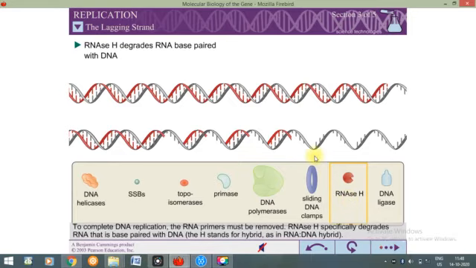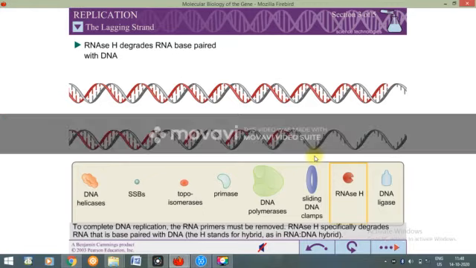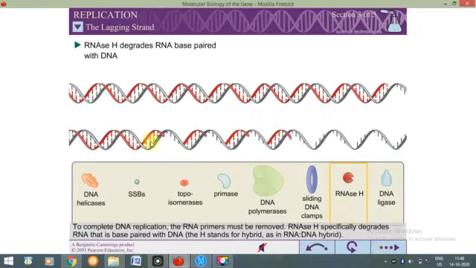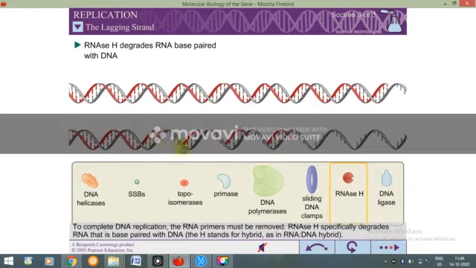Okay, wherever you have RNA and DNA as a hybrid, both are present. If RNA and DNA are both present at the same time, then this RNase H will go there and it will cut the RNA portion. As you can see, यहाँ पे जो भी RNA portion था, that has been cut, and you are left only with DNA. Okay. Now what will happen next? We cannot leave such large gaps, right? We need to fill these gaps, right? So that can be done with the help of DNA polymerase.